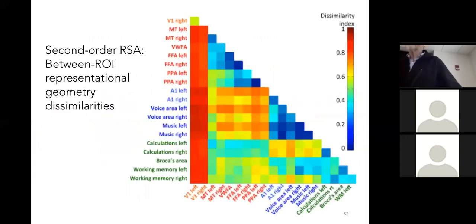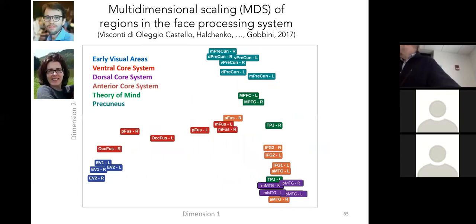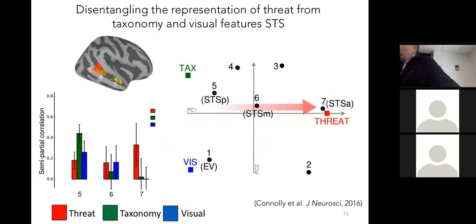I have another section on how you can use representational geometry to model how information is transformed along processing pathways. But I'm going to skip it in the interest of time, to give you people some time to ask more questions. So let me skip ahead across all this